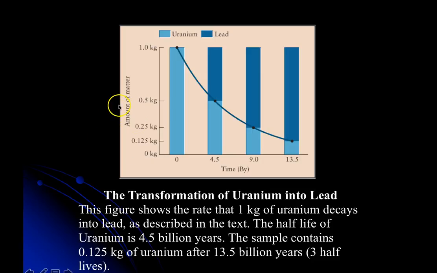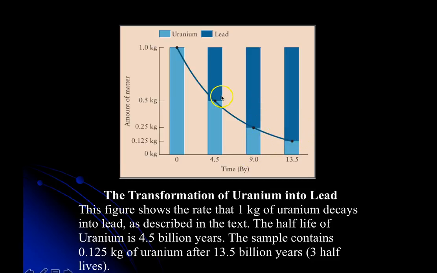Now, the other way that we describe radioactivity is through the term called half-life. A half-life is characterized by how long it takes for half of the material to decay from the parent to a daughter. So in this particular case, we're looking at uranium. Uranium is the parent, and lead is the daughter element. So I have a kilogram here of uranium, and then I look back 4.5 billion years later, and half of it's gone. Then I look another 4.5 billion years, and half of that which was left has now converted into lead. And then in the same sample, after another 4.5 billion years, another half-life, half of that which was left, the 1/4 of a kilogram that was left,